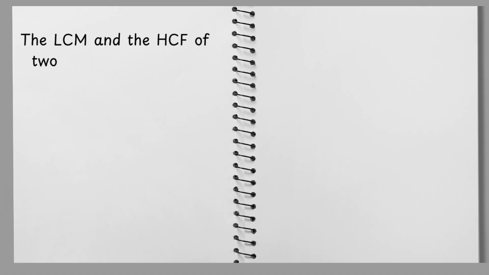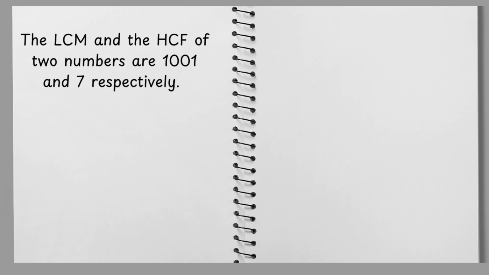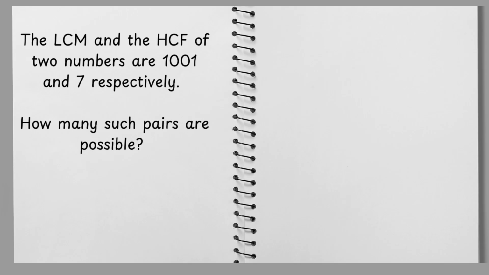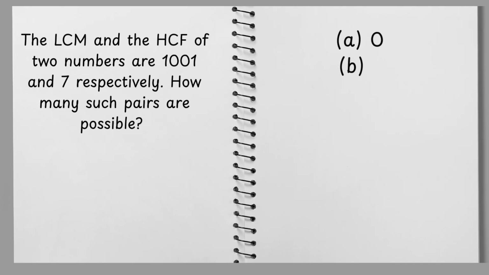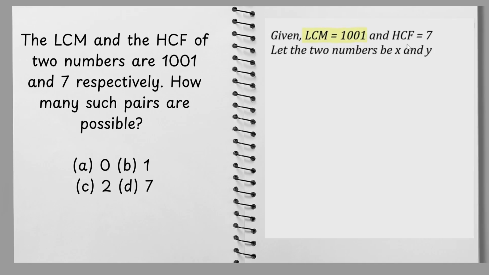The LCM and HCF of two numbers are 1001 and 7 respectively. How many such pairs are possible? A 0, B 1, C 2, D 7. So we are given LCM as 1001 and HCF as 7, and we are going to consider X and Y as two such numbers. What we know is that X and Y have HCF as 7. That means X and Y both are divisible by 7. So I can write X as 7 times A and Y as 7 times B, where A and B